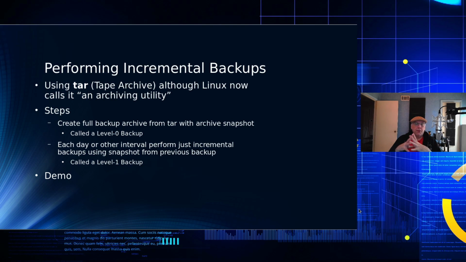So performing incremental backups is what we're going to look at today. So I'm going to use the tar command. It used to be called the tape archive utility. Today, Linux calls it an archiving utility, which is probably more accurate, because we just don't have tape drives anymore. There was another one called CPIO, and that was copy IO, input output. So CPIO isn't used much anymore, but in